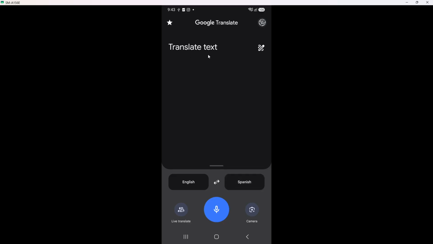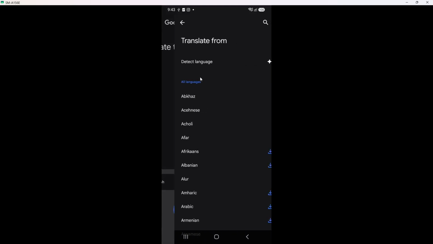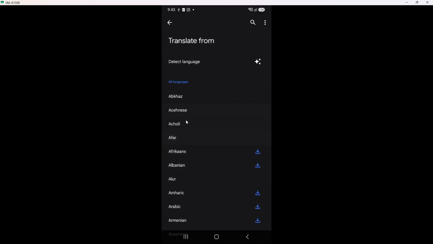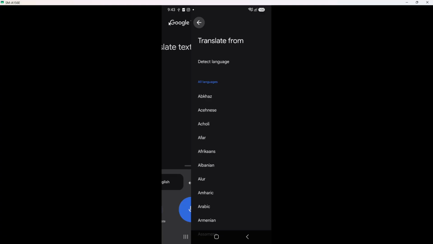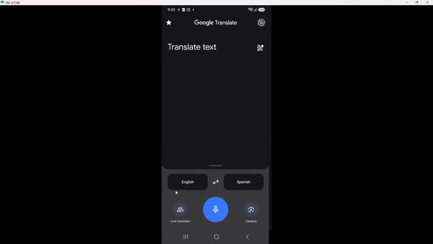This left language is the one your original text is written in. After you tap it, a list of languages appears, usually with your recent languages at the top. If you scroll, you will see many more options arranged alphabetically. Select the language you are translating from. For example, choose English if your word or sentence is in English. When you tap a language, the list closes and the new choice appears in the left box.